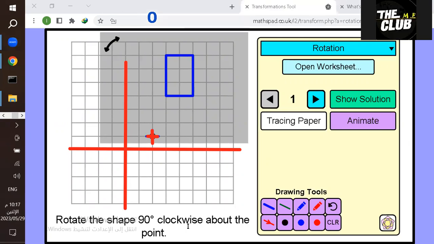Second, he said clockwise. Clockwise means what? It means this way. We're gonna go this way. Right? Let me color this so you can